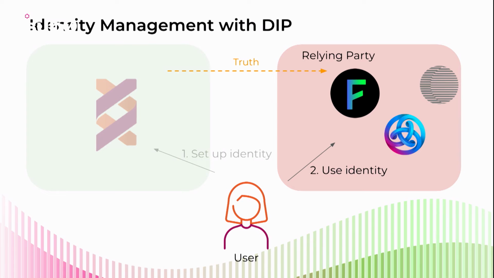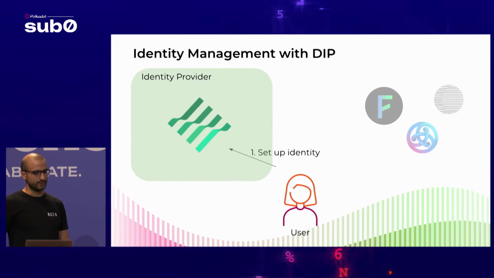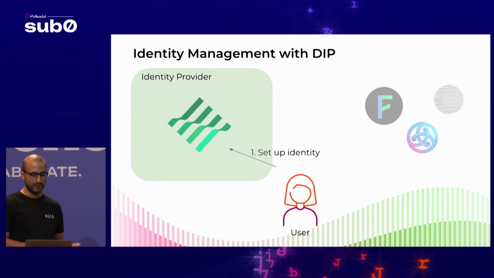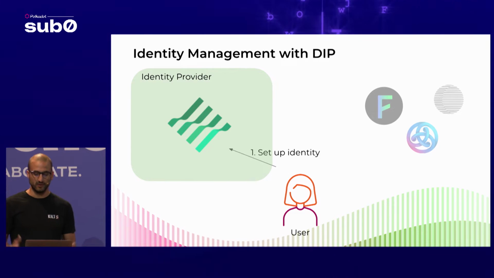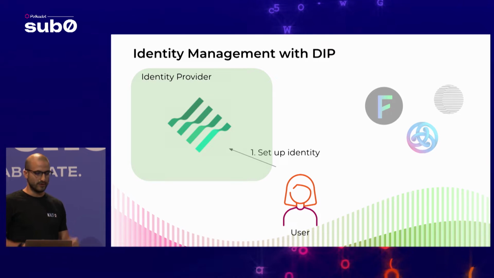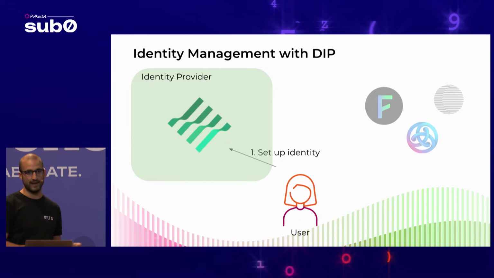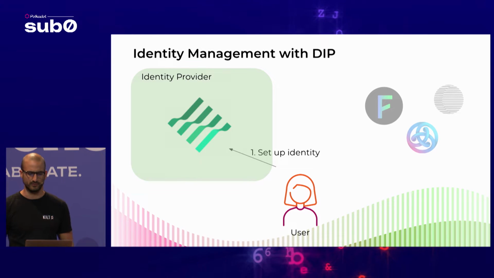Once the identity has been set up on the identity provider chain, the user can then start using this identity and interacting with all the different consumers without having to interact with the identity provider every time anymore. This is the key difference between the traditional OpenID protocol and the decentralized version of OpenID. Of course, because it's a protocol, anyone else that has some kind of concept of identities can also act as an identity provider. We're not trying to gatekeep it here. For instance, our colleagues from Litentry can also become identity providers and offer such a service to their user base.